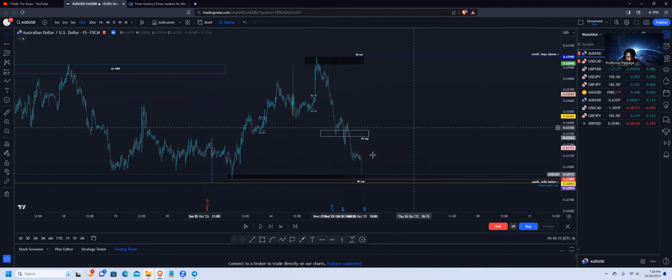But right now, looking at this as the way it is, nah, boss, I'm definitely sitting out on AU because this is how you get cooked trying to take them continuation shorts. We ain't really broke structure yet. Yeah, this will be heartbreaking right here because you ain't got no setup. You missed out on all the good pivots during the New York session. And yet again, probably was a news release that caused all this price action to get active, get funky